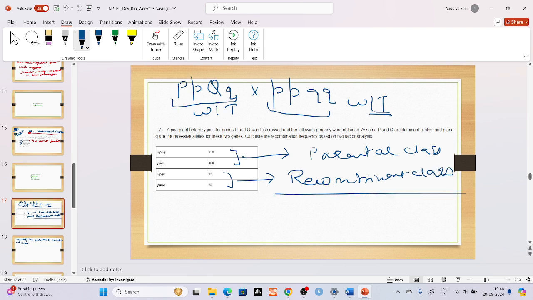Okay, now since it's a two-factor analysis, the concept of single crossover and double crossover is not required to understand right now. Now we know these are the parental classes and these are the recombinant classes. Now we have to see that